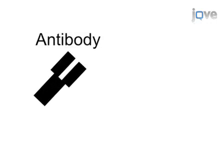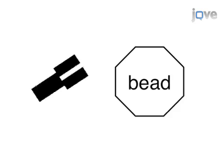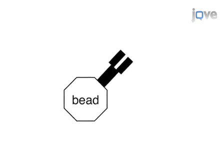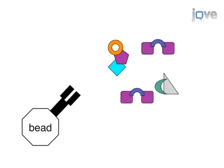In the IP-FCM experiment, protein complexes are captured on beads in order to identify and study the different proteins interacting together. First, an immunoprecipitating antibody specific for a protein of interest is covalently coupled to polystyrene latex beads. As a second step, these beads are incubated with cell lysates, allowing the specific protein and interacting proteins to bind